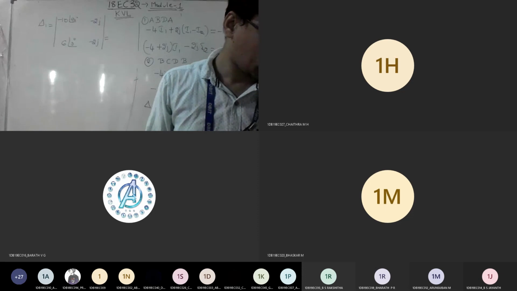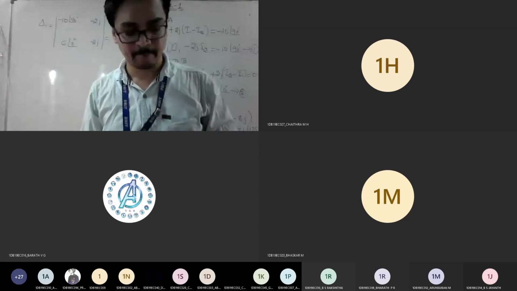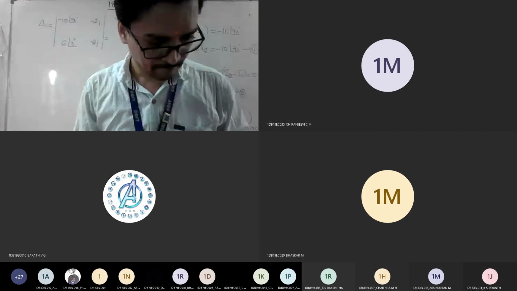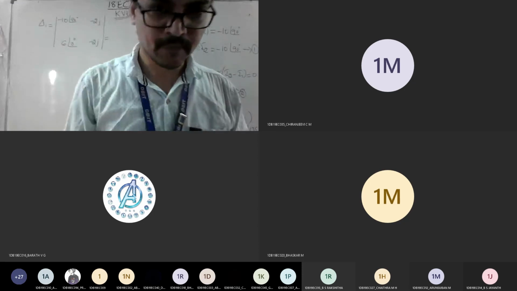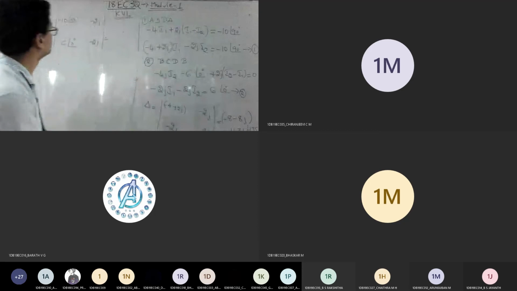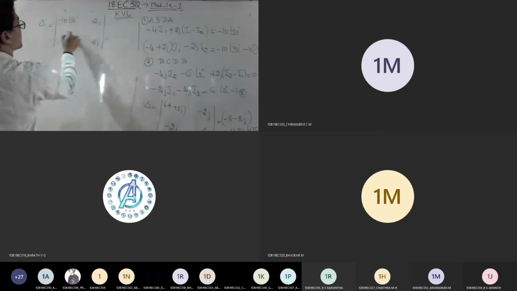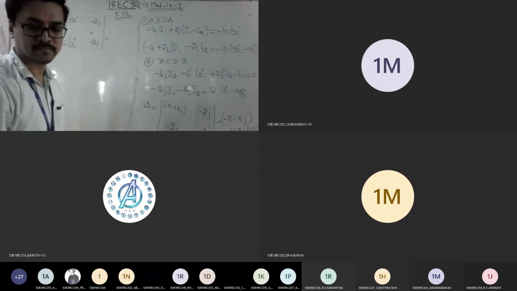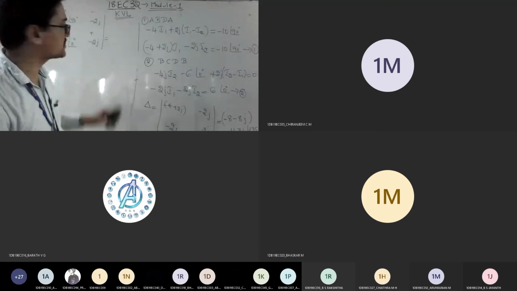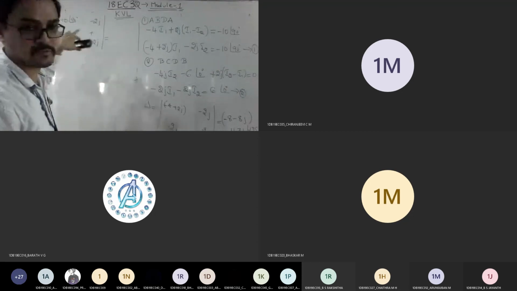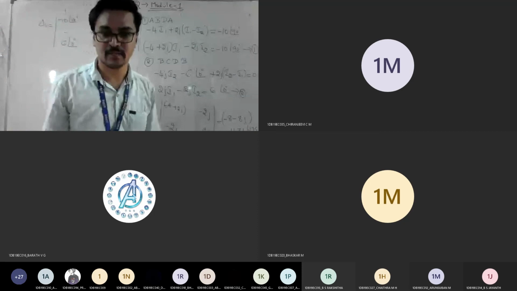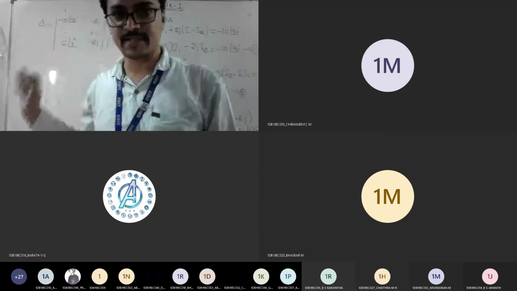Excuse me, sir. After writing down the terms in that determinant form, should we apply that plus minus minus plus again? Yes, you have to. Plus minus minus plus. This is for your reference, because while multiplying, if you find any negative symbol, it will be easy for you in the step. But you should have that concept of plus minus. That will be easy.